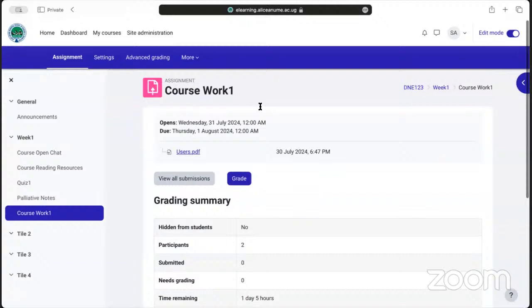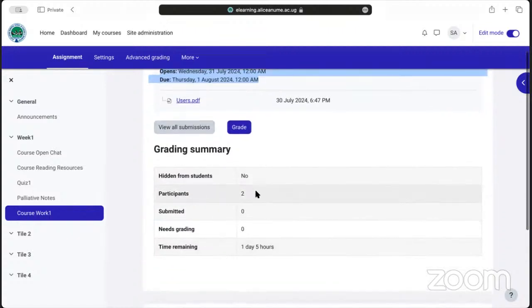So now the coursework will look like that. It will tell you it opens on this date and it is due by that date. There's a resource file there. You can see that there are 2 participants in that course and none of them has submitted. It shows the time remaining is 1 day and 5 hours. It is counting from now, 1 day and 5 hours for you to submit